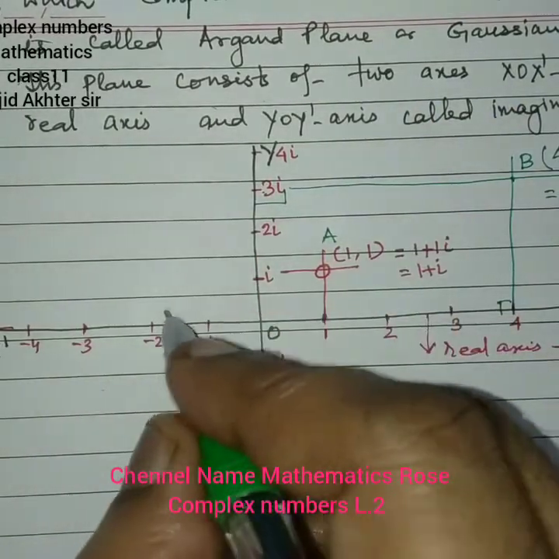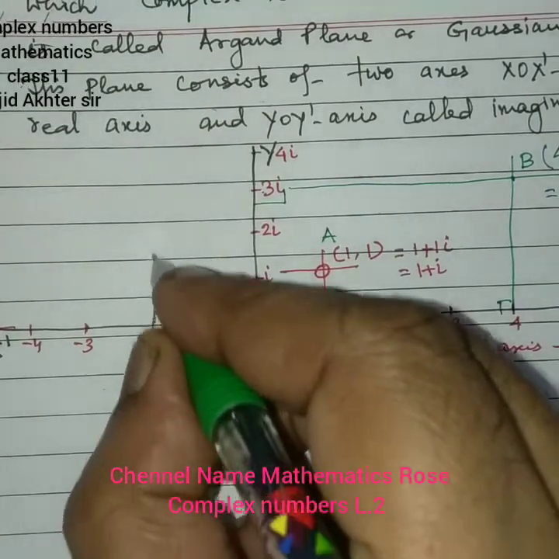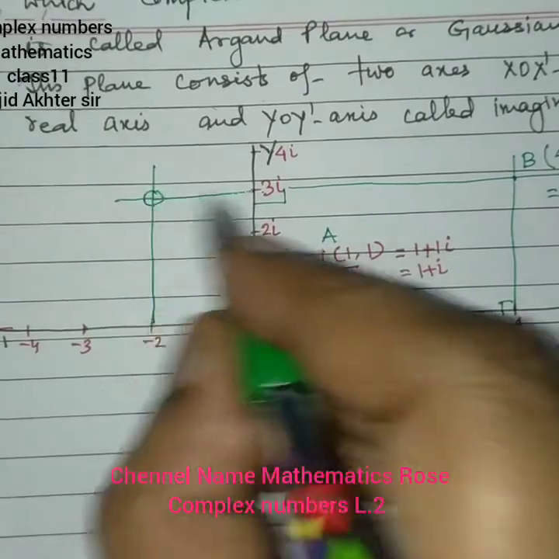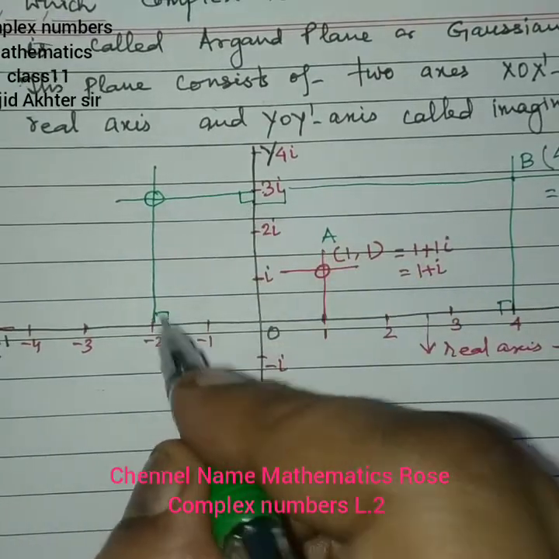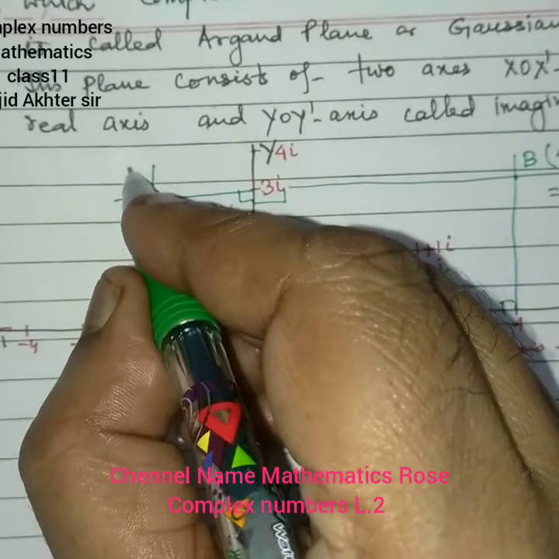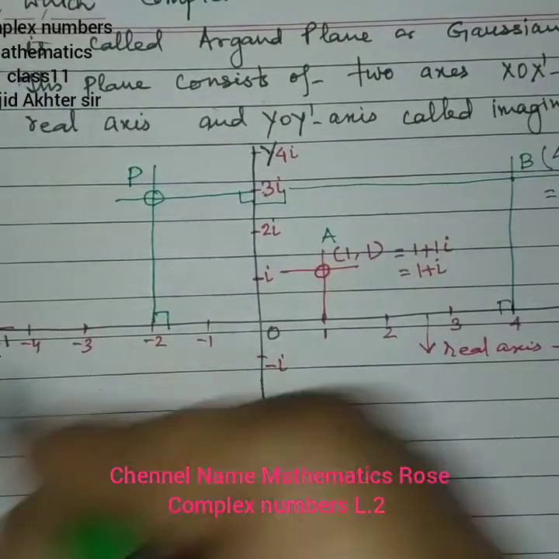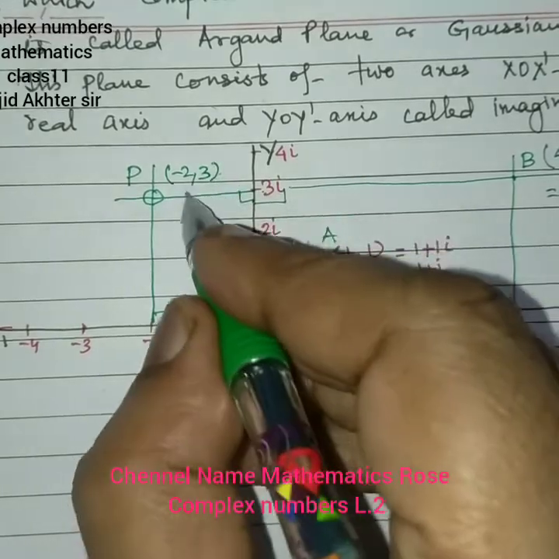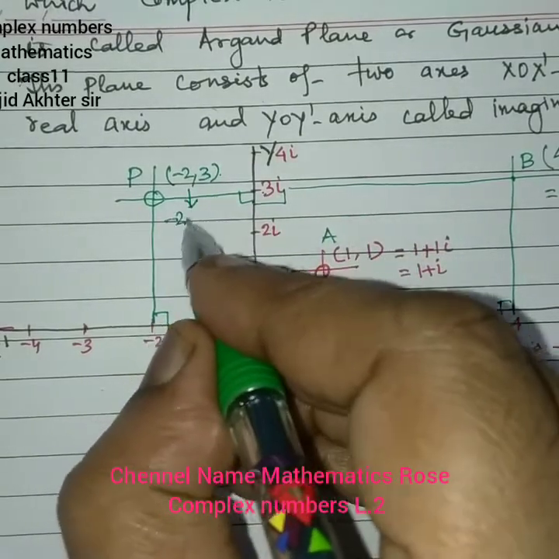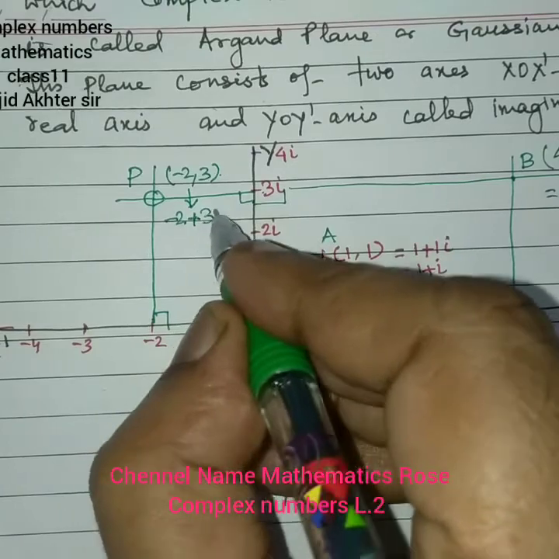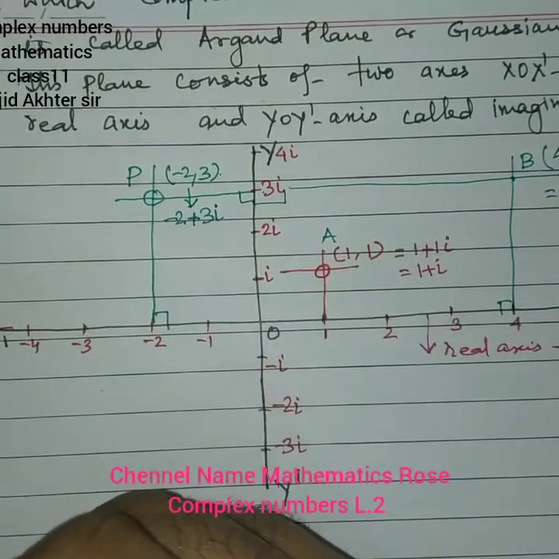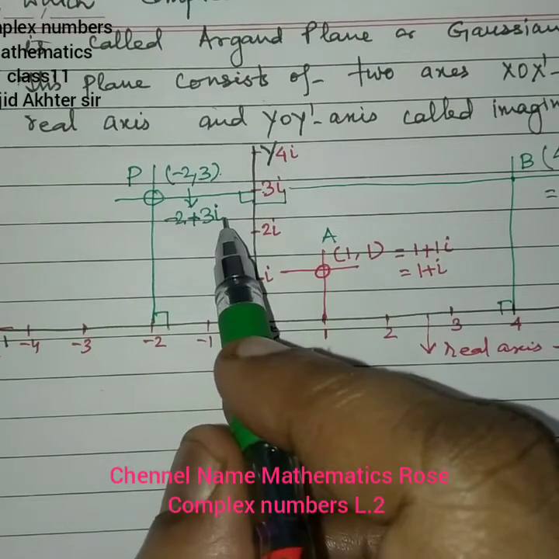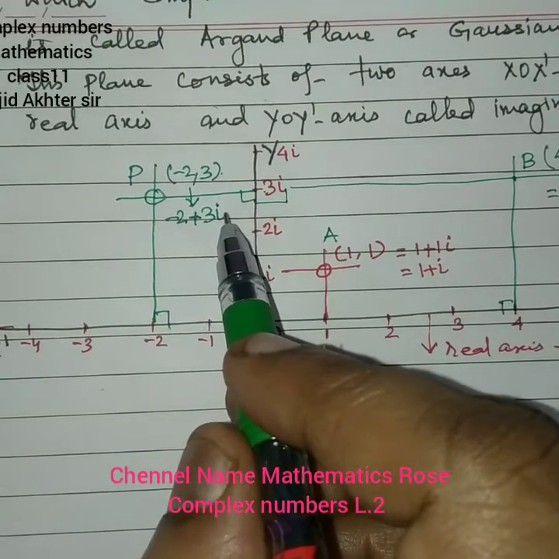अब मान लीजिए यहाँ इधर -2 में आ जाते हैं और इससे परपेंडिकुलर चले जाते हैं, और इससे परपेंडिकुलर चले जाते हैं. तो यहाँ पे परपेंडिकुलर जाने पर सपोज कीजिए यहाँ पे हम P ले लेते हैं, ठीक है. तो यहाँ इसका कोऑर्डिनेट हो गया -2 and 3. तो -2 and 3 किस कॉम्प्लेक्स नंबर को रिप्रेजेंट करेगा? -2 plus 3i को रिप्रेजेंट करेगा, ठीक है. तो इसका मतलब रियल पार्ट इसका नेगेटिव हुआ और इमेजिनरी पार्ट पॉजिटिव हो रहा है, यानी 3